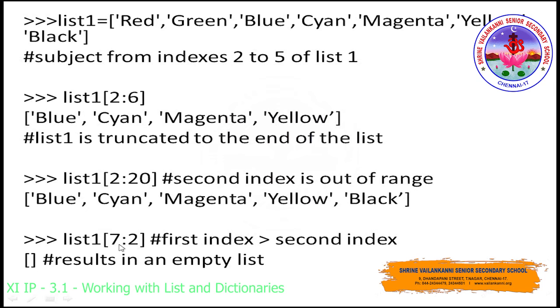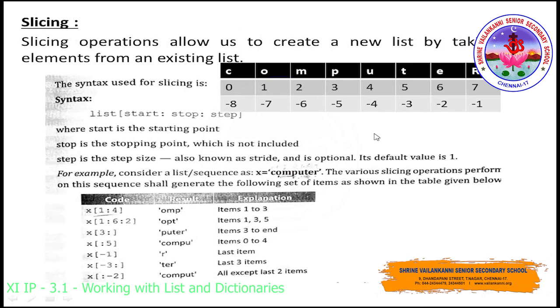So always the first index should be less than the second index, because we usually go in increasing order when we are accessing the elements, right? So starting from 0, 1, 2, 3, 4, 5. So always we give the starting parameter. If the starting parameter is missing, you will start by default from the 0th index position. Otherwise you will give 1 or 2 or 3. So it's completely up to our wish, right?